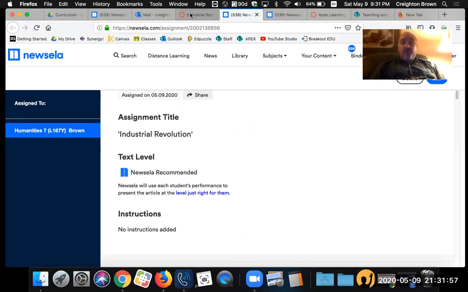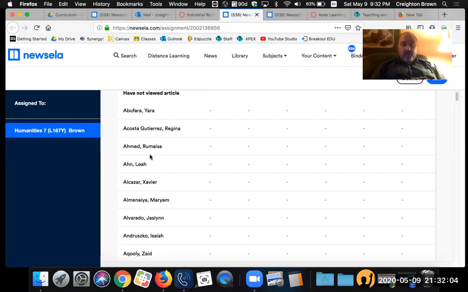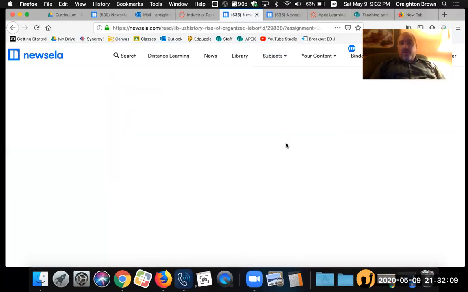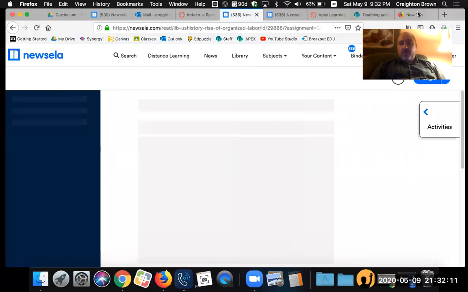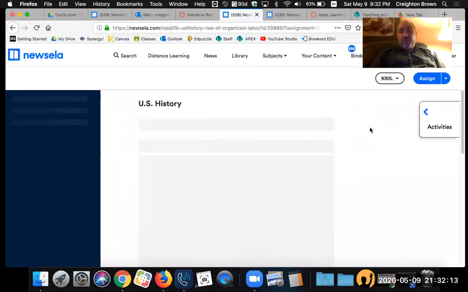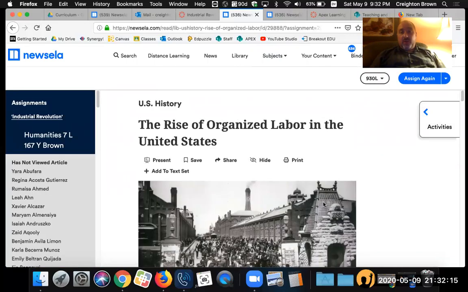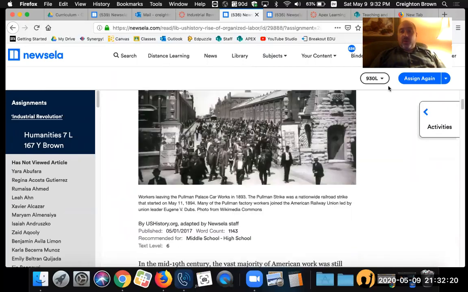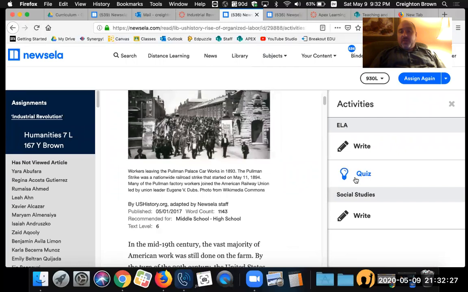And there you go. So that's the first couple steps. As always with these Newsela, as we've done all year long, one of the things I really like you to do is when you're done reading through the entire thing, and you can read at any level you want, you could change the reading level at any point, go to activities, and then right here you're going to select quiz.